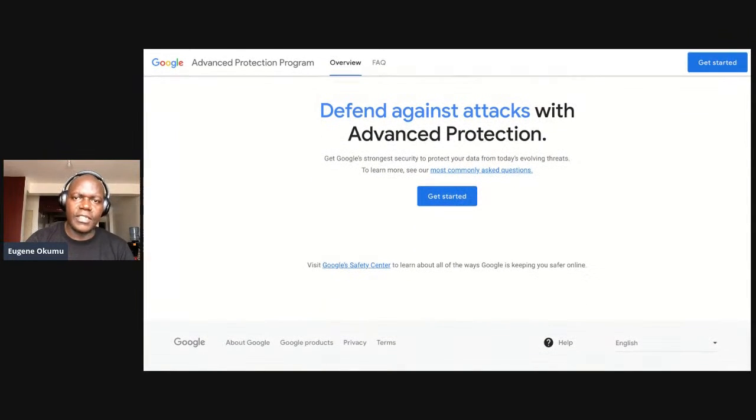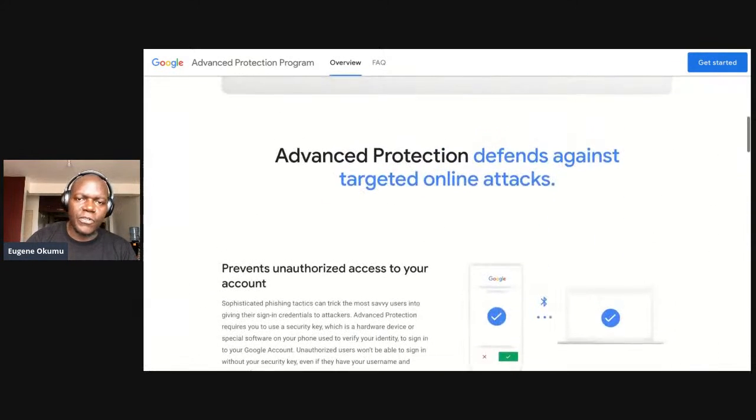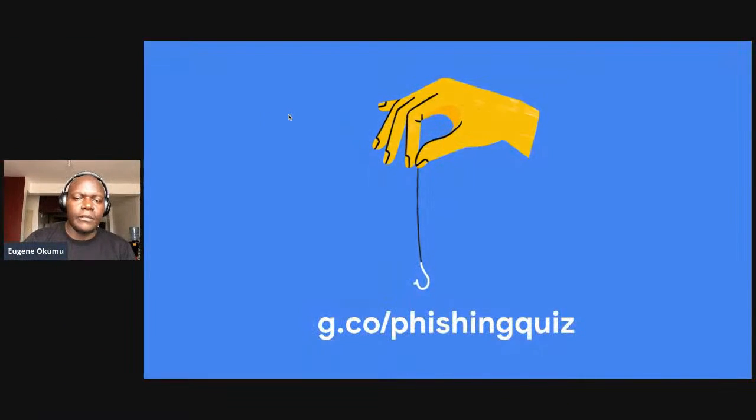So defend against attacks with Advanced Protection. As mentioned, the URL is g.co/advancedprotection. Right, so we'll then move to the next example of how you can protect your elections. Right, so the next is